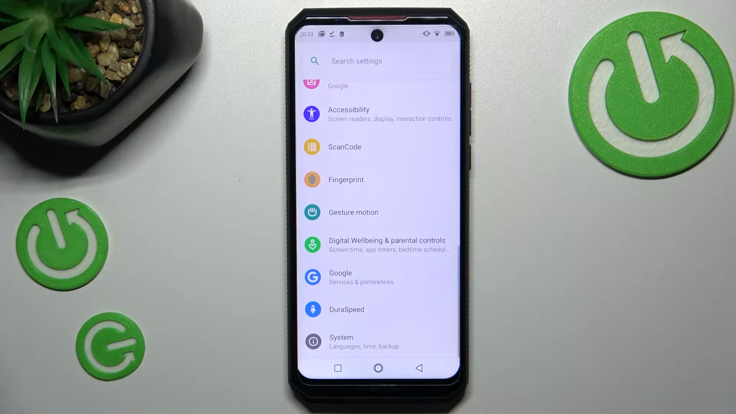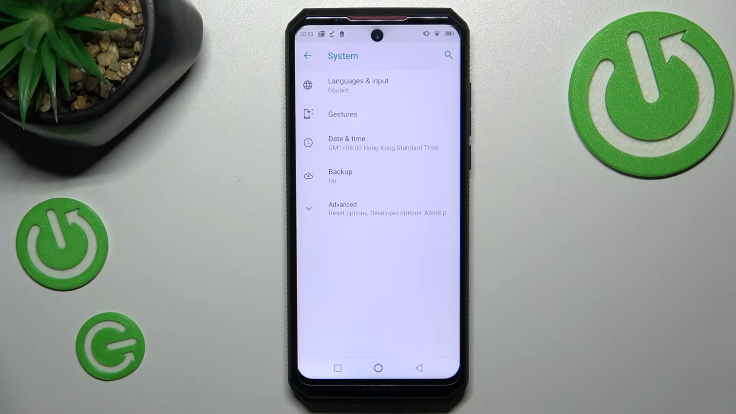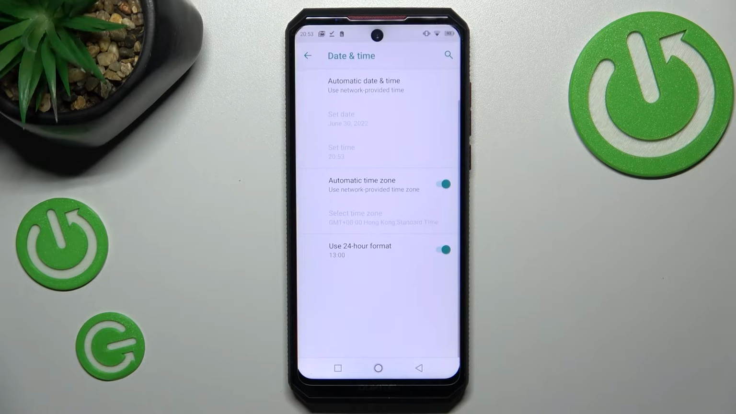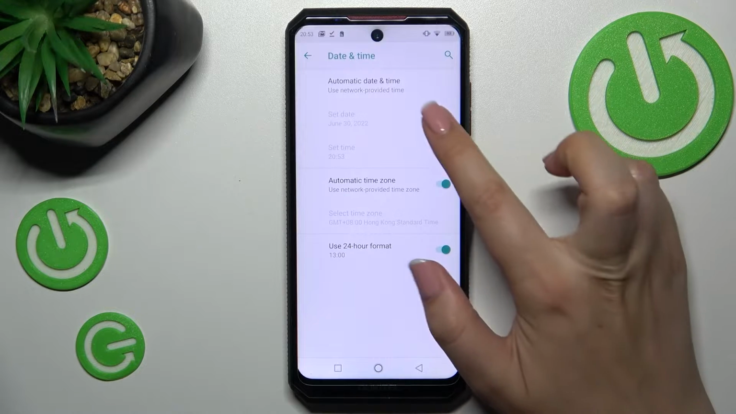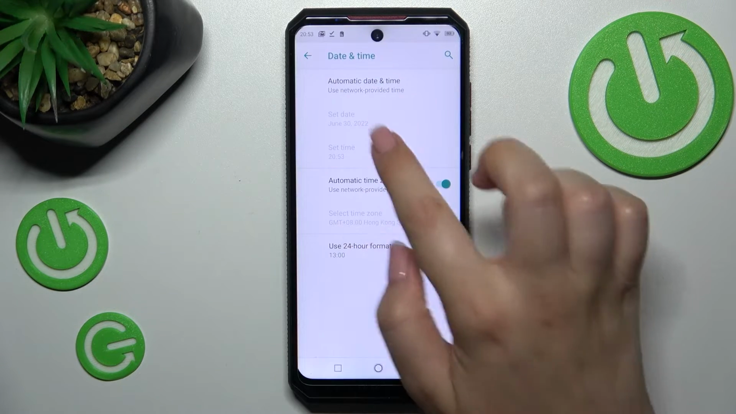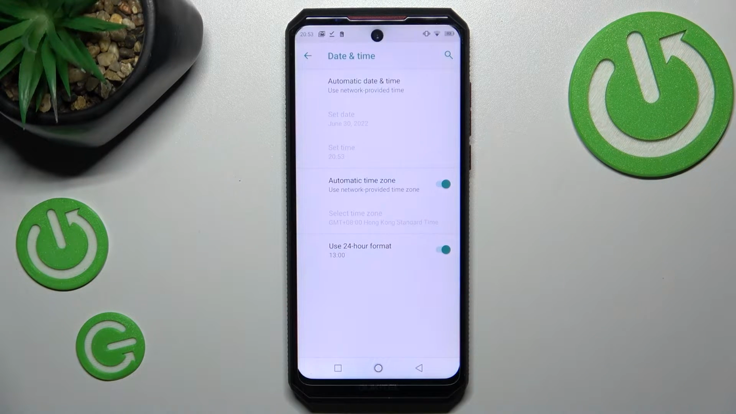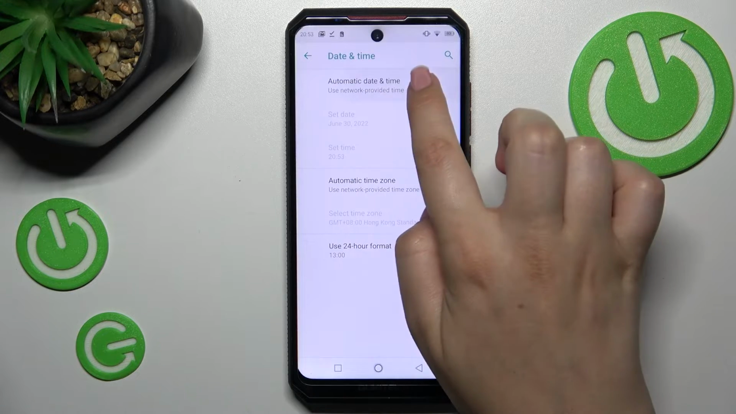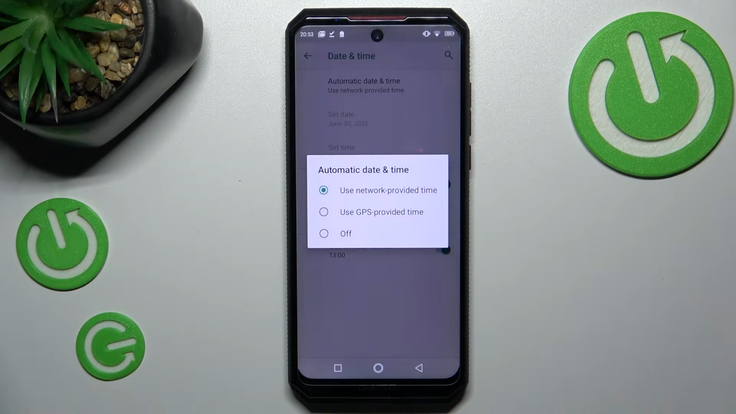So first of all, let's enter the settings, and here we have to scroll down to the very bottom to find system. Now let's tap on date and time, and as you can see right here we've got some options thanks to which we can customize the date and time, but as you can see currently we cannot tap on it. So first of all we have to turn off automatic date and time, so let's tap on it,